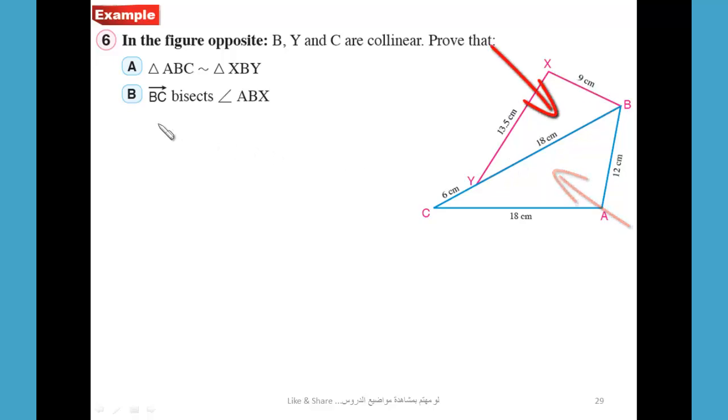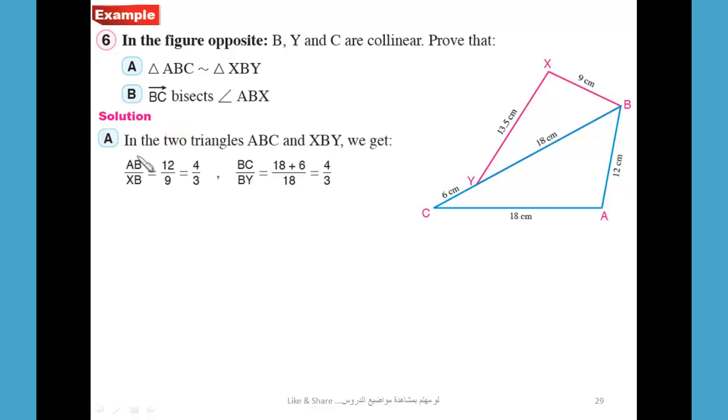The required number 2: ray BC bisects angle ABX, this angle. Of course, we will use the previous theorem to prove the first part. Solution: in the two triangles ABC and XBY, we get